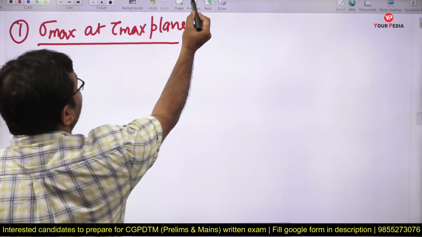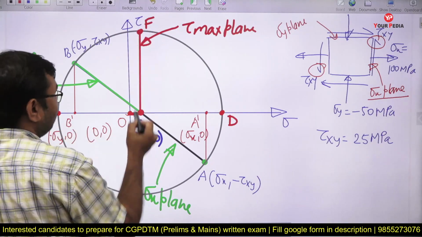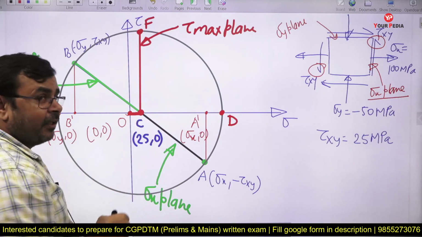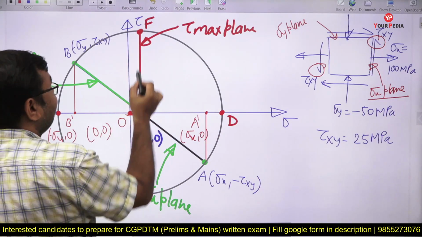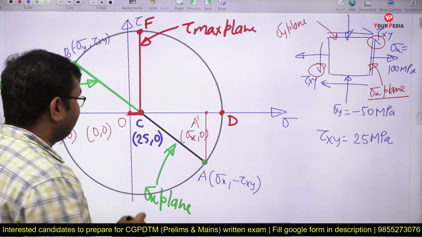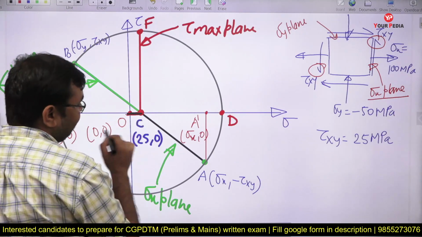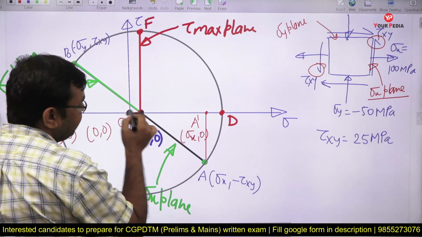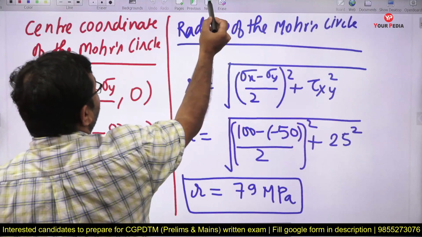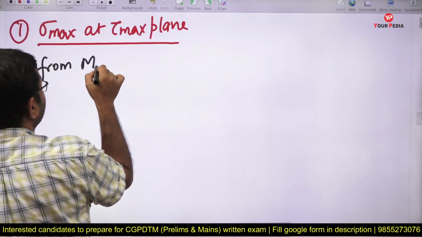So इसकी वैल्यू क्या होगी? So you can see from the Mohr circle, this is tau max plane. So the normal stress is always represented along sigma axis and shear stress is always represented along the tau axis. So हमें क्या करना है, इस प्लेन के करस्पॉन्डिंग CF प्लेन के करस्पॉन्डिंग नॉर्मल स्ट्रेस पता करना है. तो कैन आई रिप्रेजेंट दिस नॉर्मल स्ट्रेस विद द हेल्प ऑफ दिस लाइन, यस और नो? करेक्ट. सो ओरिजिन से सेंटर की जो डिस्टेंस है दैट इज कॉल्ड एज सिग्मा एट टाउ मैक्स प्लेन, यस और नो? तो सिंपली हम कह सकते हैं फ्रॉम, यू जस्ट राइट फ्रॉम मोहर सर्कल,